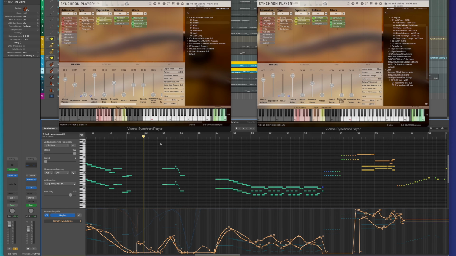What really helps in this regard is the sheer amount of different articulations and variants that are available here, so you always can choose the one that suits your performance the best. To illustrate this, here are the first and second violins playing their parts while switching through a lot of different articulations, and I think they do so quite convincingly.